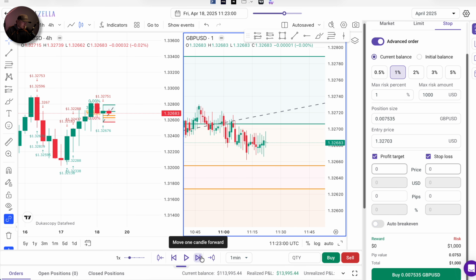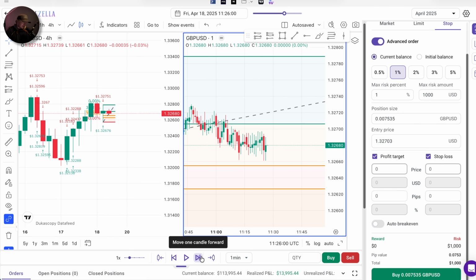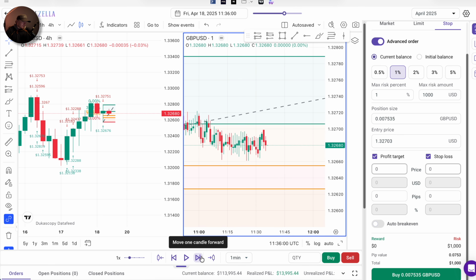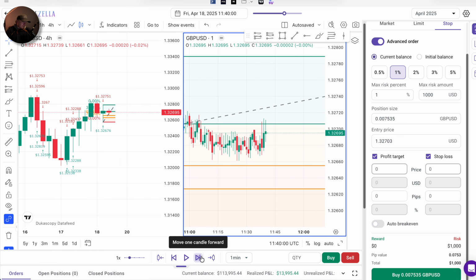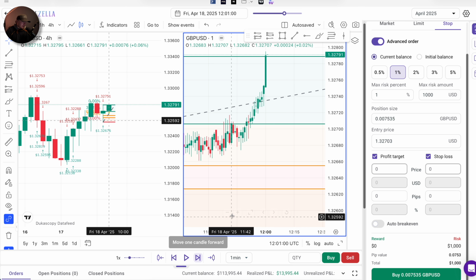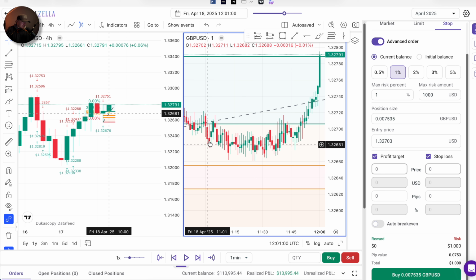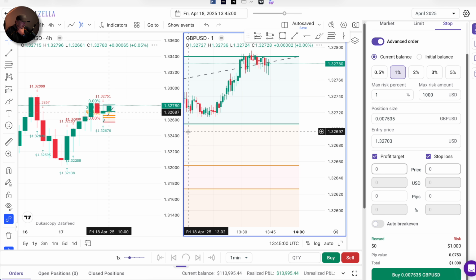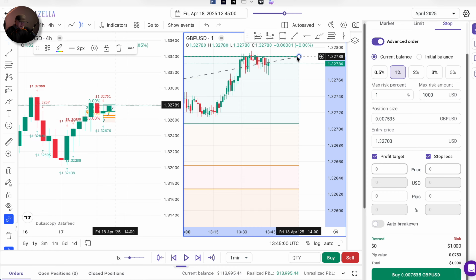I don't quite know what's going on with these wicks. I do think it's potentially a data thing on TradeZeller. But obviously this is the month that we've picked on the random number generator, so we can't do anything about it. These are just the wicks. Okay, we're going to move forward now to New York session. Hopefully get out of all this nonsense and see what's going on,